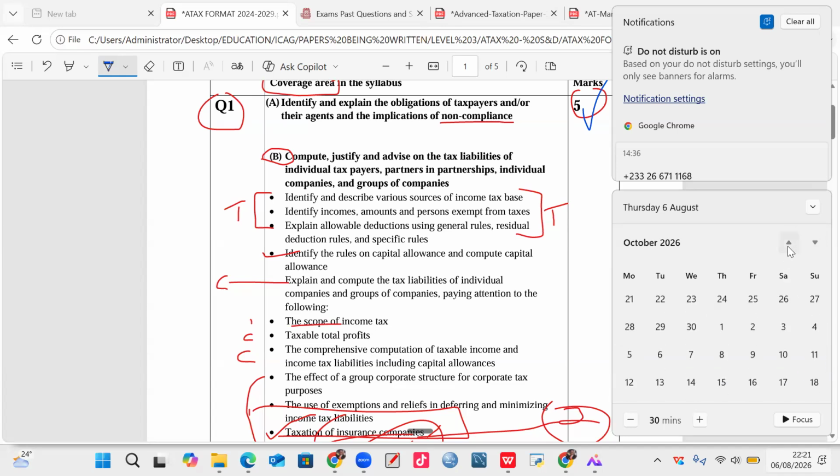So assuming you are to start studying in October, no, you can't pass. You have to start, let's say, in August. If you are researching, you can start reading the lecture notes in accordance with the format. If you read the lecture notes independent of the format, there's going to be an issue. You have to read the lecture notes or the manuals in conjunction with the format so that you know that I'm reading this, I'm reading that.